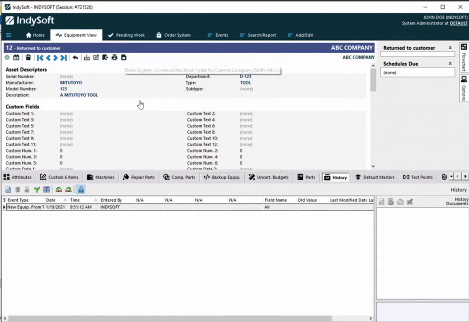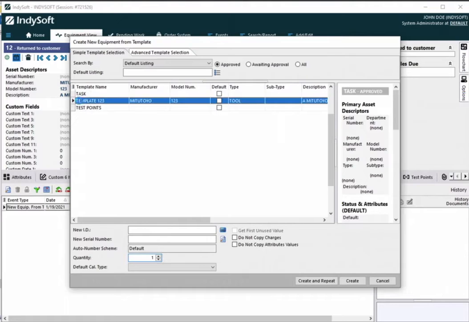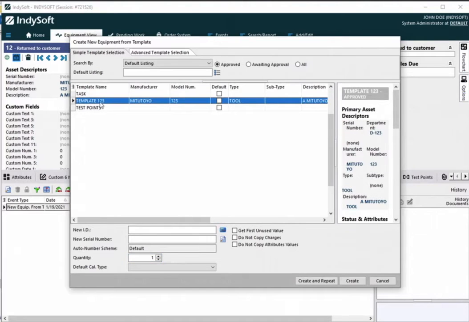So here I am on the equipment view, and you'll go up here to the new equipment based on template that's been here for a little while. And what you can do now is it has this option for quantity, so you can choose how many pieces of equipment that you want to create. So let's say here I have this template 1, 2, 3,